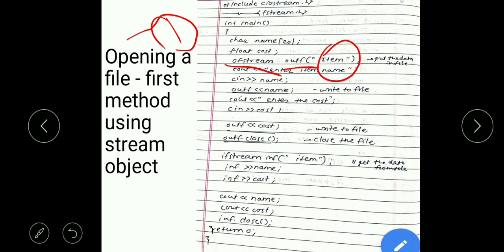Inside that file we can write the value into the file by using outf, then the insertion operator and the name variable.